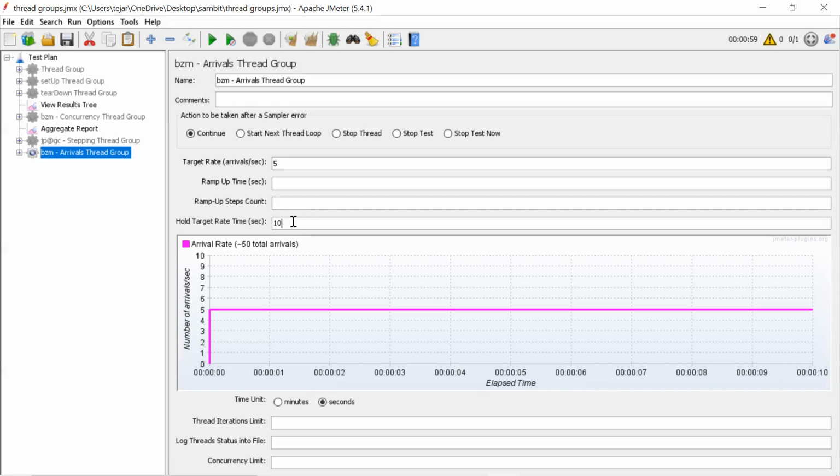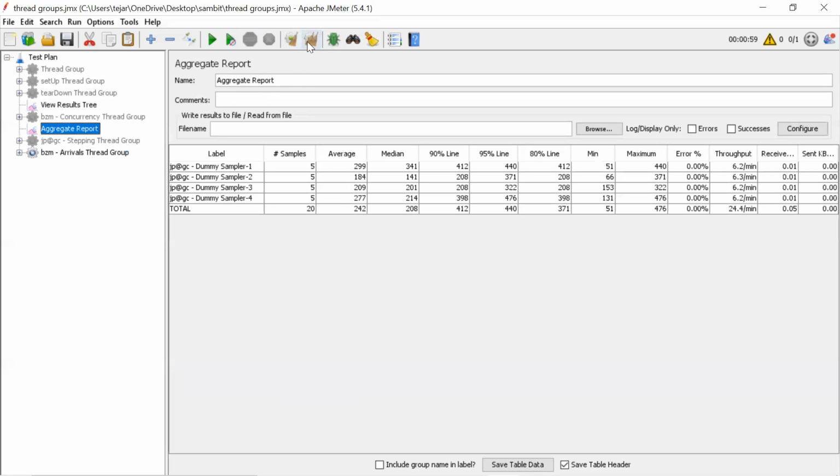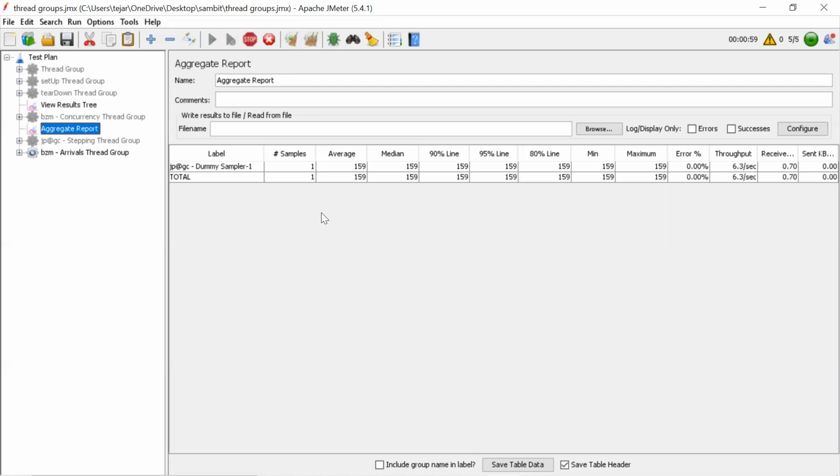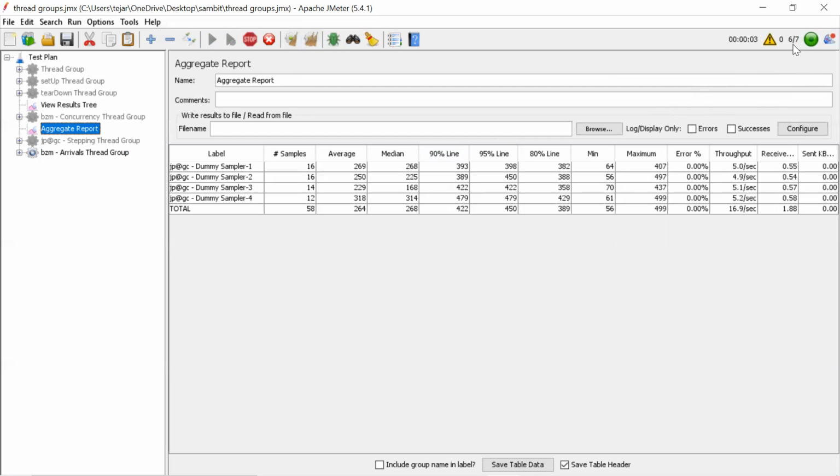Because when we made it arrivals per minute, you made it 5 by 1, so 5 by 60, so every 12 seconds each entered. Same way, 5 by 1, within that second 5 users will be in the system. Okay, so let's run and check. 5, 6, 7, 8. Interesting. Done. 10 seconds only, no?